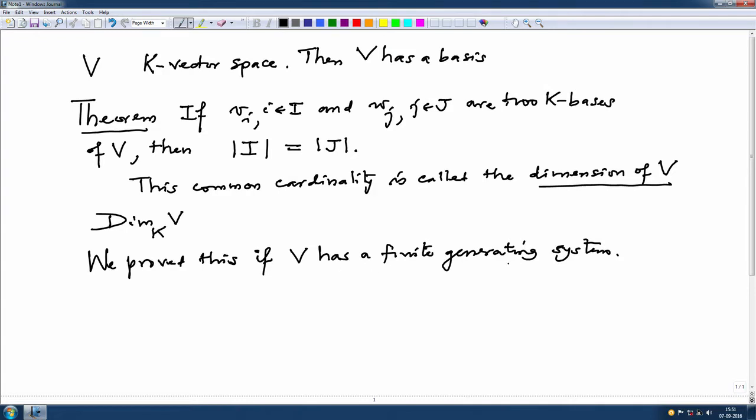Today I want to prove this without this assumption, but before I prove that I need to recall precisely the results which concern the cardinalities of sets in general. This is necessary because when we want to prove things more precisely, we should also know the definitions more precisely and their use. So, I want to recall